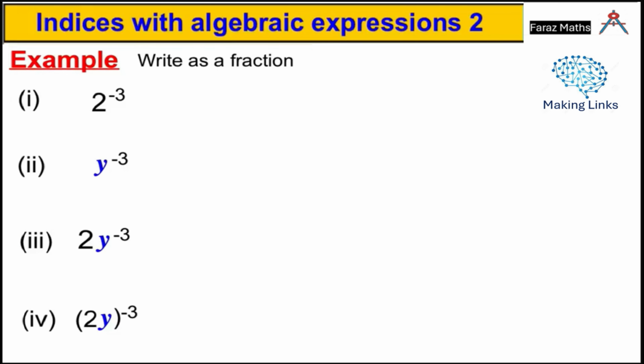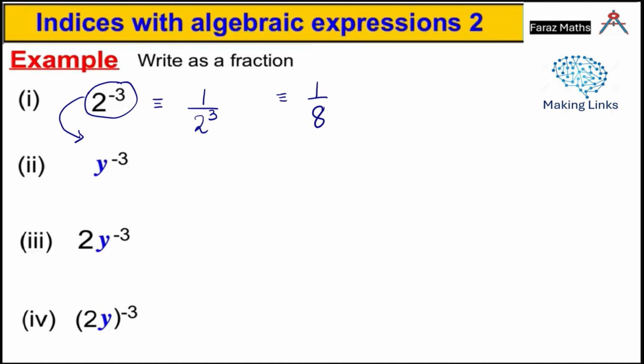I'm always going to start by making links to how to do it with numbers, and then I'm going to build up with algebra. So pause the video and you should be able to do this one by yourself. Okay, so let's get started. Our first question is 2 to the power of negative 3. So what we can do here, we can make this whole thing in the denominator, 1 over 2, and if you move this whole thing in the denominator, the power will get positive, and 1 over 2 cube means 1 over 8.